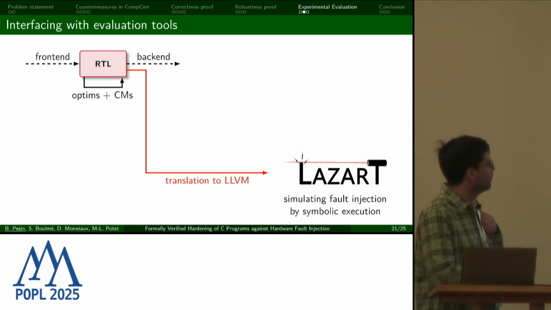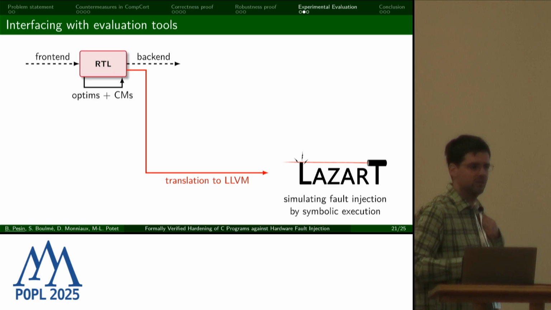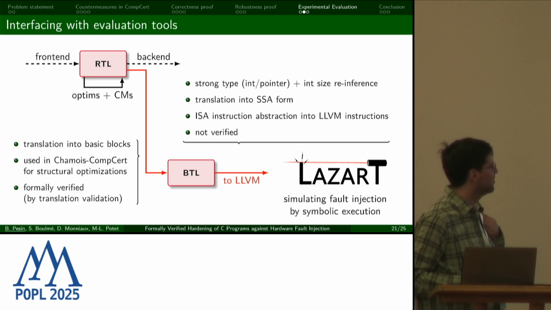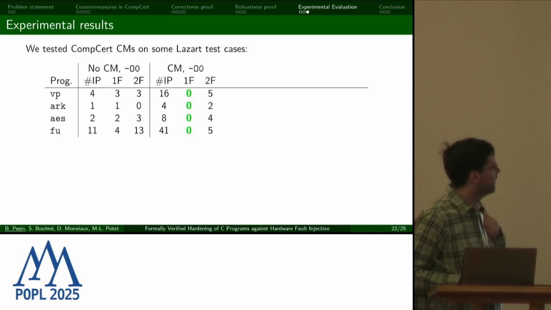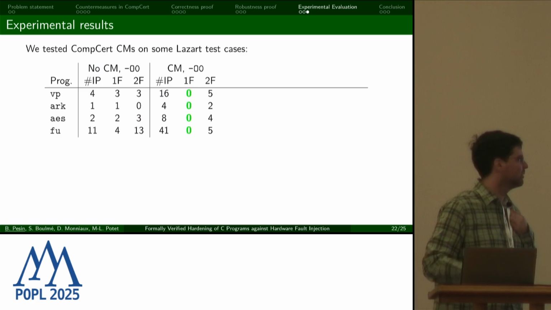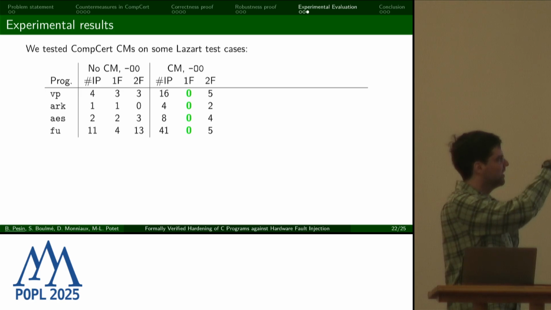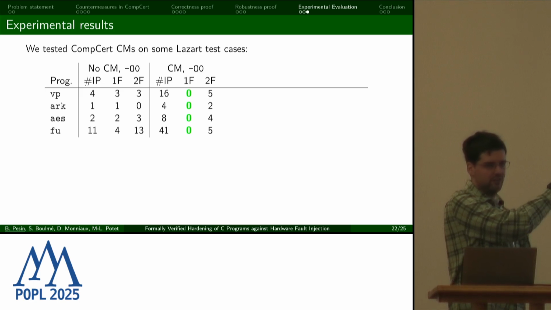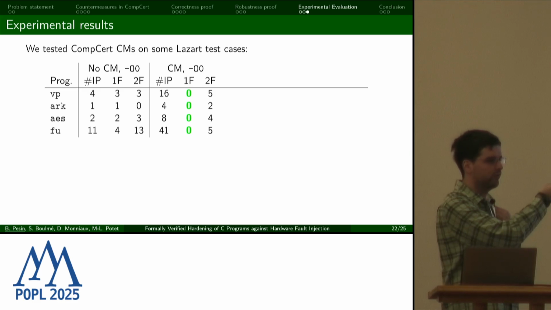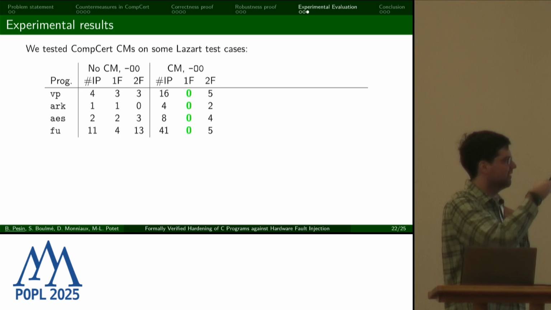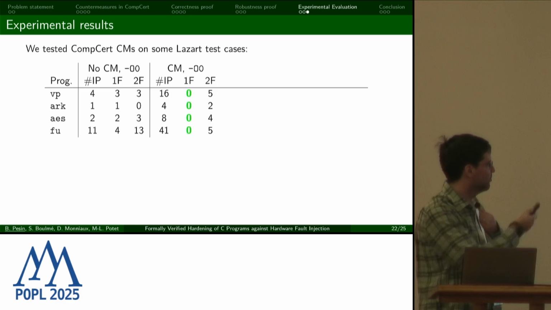And to do that, we plugged CompCert to Lazar, which is a tool to do some symbolic fault injection on LLVM programs and test if some attack objectives are reached. So I will not go into too much detail in the transformation. But here are the results. So first, one good news. If we turn off the optimization of CompCert and we activate our countermeasures, there's no single fault attack scenarios left when we test with Lazar. There are some two-fault attack scenarios because you can just invert two of the tests in our countermeasures, and it works, but no single fault, and that was our goal, so we're happy about that.